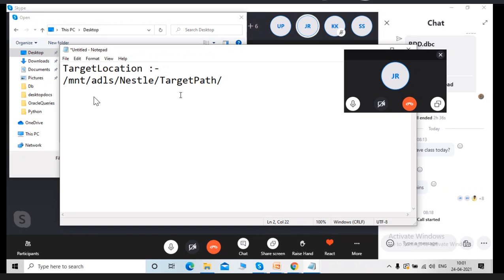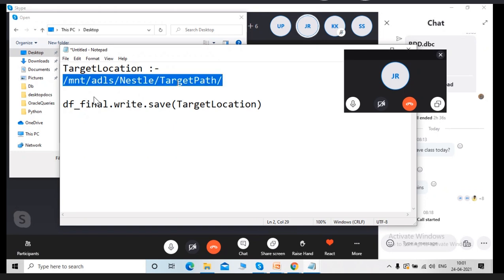So your notebook executes every day, right? Every day, from your calculated DF underscore final dot write operation, for example save option. Just assume this variable contains this location. Very first execution, the process will not fail, because this path is not available. You have created the target path at runtime. The first time it will create.